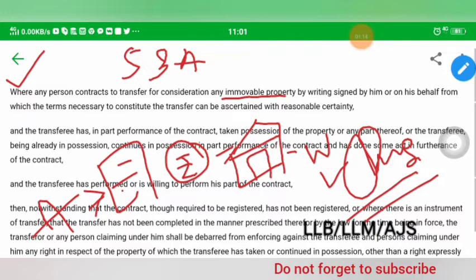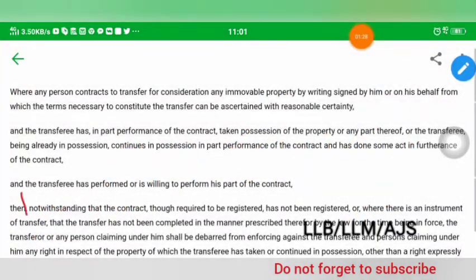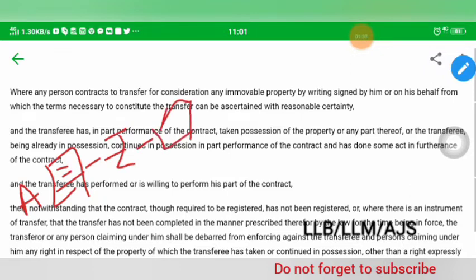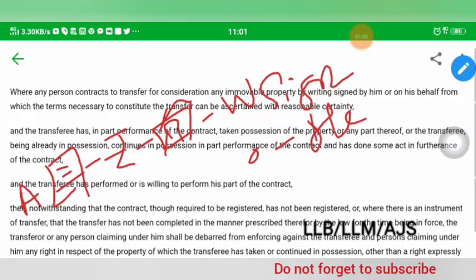If he does not sign, then some other person has to sign on his behalf, from which the terms necessary to constitute the transfer can be ascertained with reasonable certainty. So there's Mr. A. He is making a contract. This is a contract of transfer, and the transfer is for consideration, and the transfer is of a kind of property, mainly immovable property, and he makes the transfer by writing plus sign. The sign may be his own, or some other person may sign on his behalf, from which the terms necessary to constitute the transfer can be ascertained with